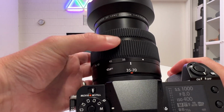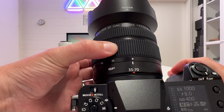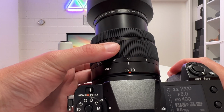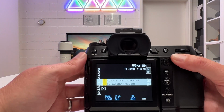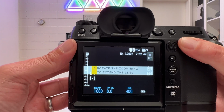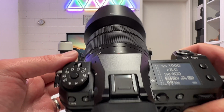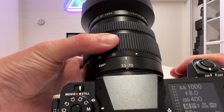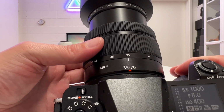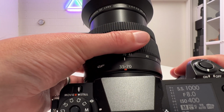If you look here at the zoom ring, you have to actually turn it in order to get it operational at 35mm, which is the widest setting you get. And if you switch on the camera and the lens is not open, then you get this message here saying rotate the zoom ring to extend the lens. And that's what I'm going to do. There is also a little click coming with it, so listen to that. You hear? So then it starts at 35mm, is buttery smooth all the way up to 70mm,